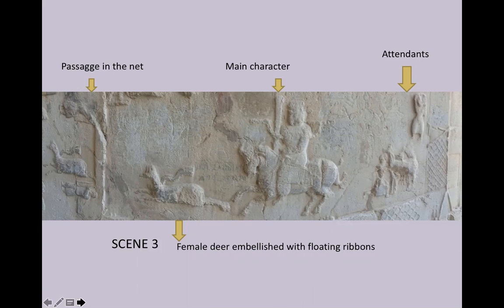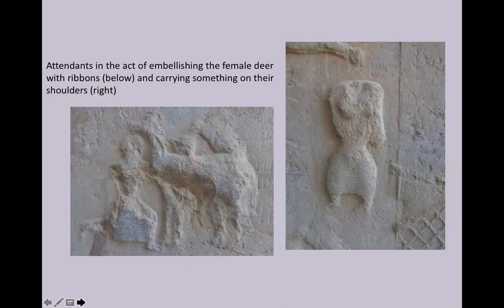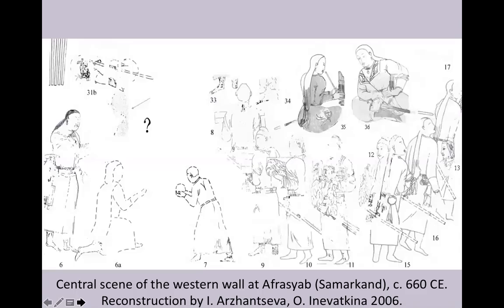The next slide, please. You see, there is somebody who is transporting something on his back. And there are some other attendants who are probably attaching these ribbons to the neck of a deer. So they have to render it recognizable by the king, who's not going to kill her even by chance. And just to conclude, I would like to show you in the next slide why I'm saying that Taq-i Bustan is more connected to Central Asia than to Persian art, than to official Sasanian art.